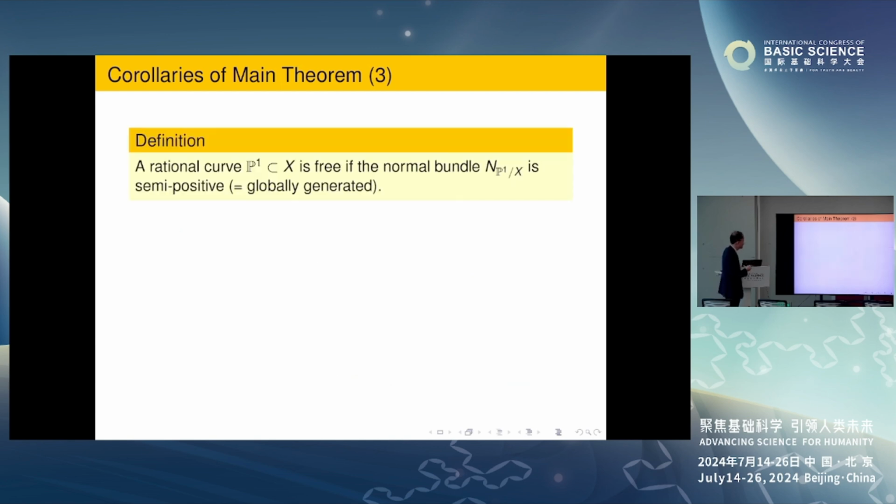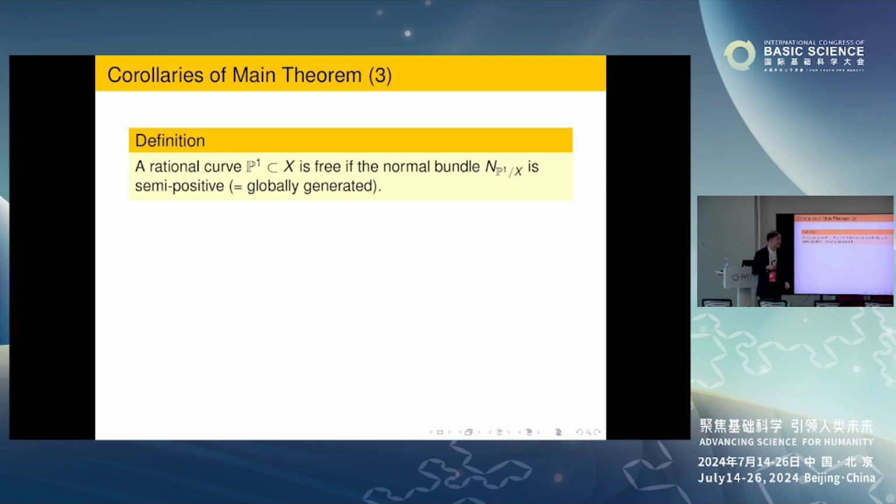One of my original motivations is this special case: a rational curve whose normal bundle is semi-positive, globally generated. This is called a free rational curve. My original motivation was whether a free rational curve satisfies the formal principle. That was because it's related to my work with Ngaiming Mok about minimal rational curves, where we need the biholomorphic equivalence of such rational curves, and whether I can check it by the formal neighborhood. That was the question.